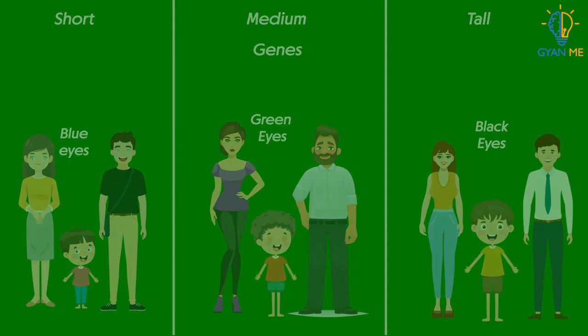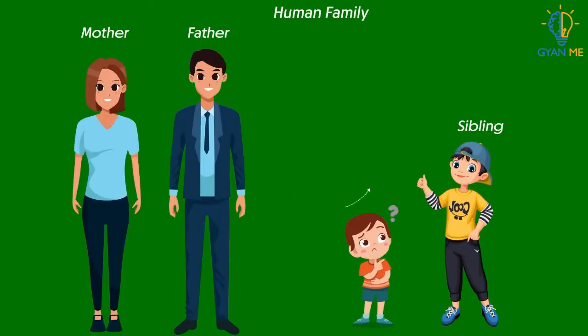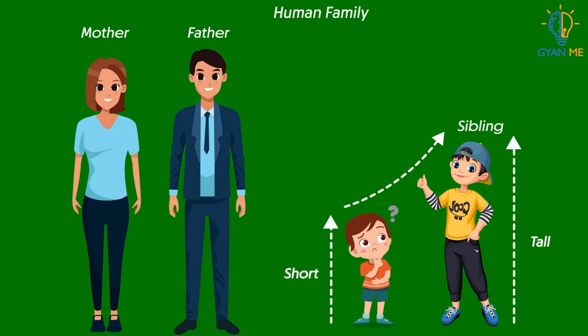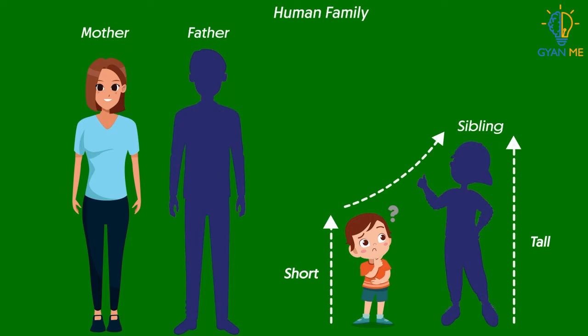Similarly, you must have observed that your sibling is taller than you. Now, why is this so? He also has inherited genes from the same parents. Then why are you short and why is he tall? Well, this may be because the genes he inherited are from the father, and you inherited genes of being short